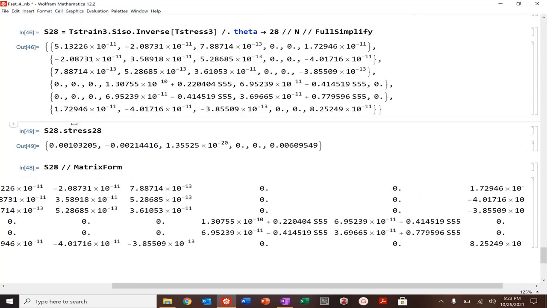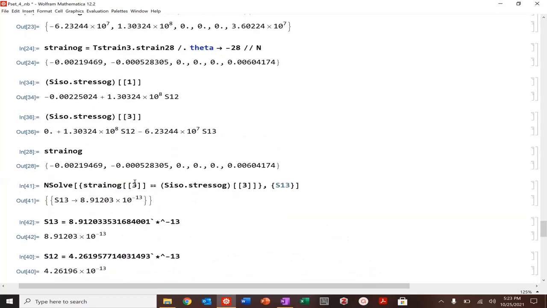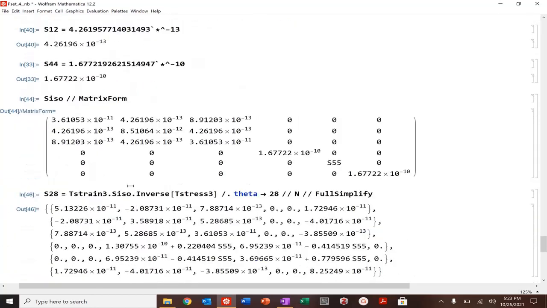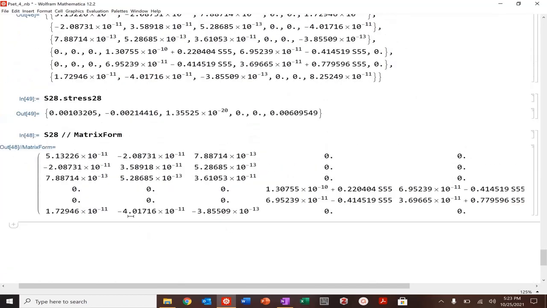So what we may start to play around with is to solve for S55 to complete the problem again, but you start to see how you can go about solving these systems of equations. We can absolutely now go about starting to put these equations together. So how can I get the S55? Well, let's see, what if I rotated stress, let's do stress 28, and let's say I rotate around the 1 axis,